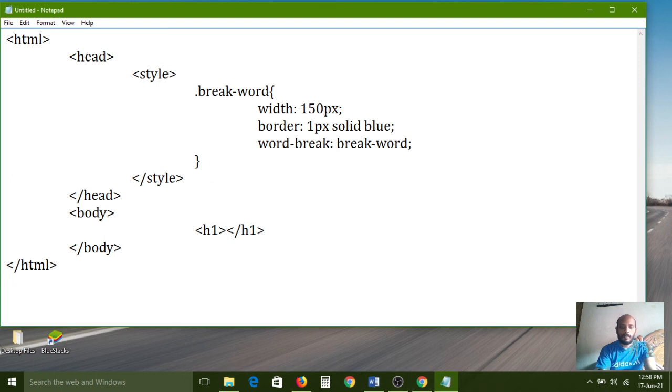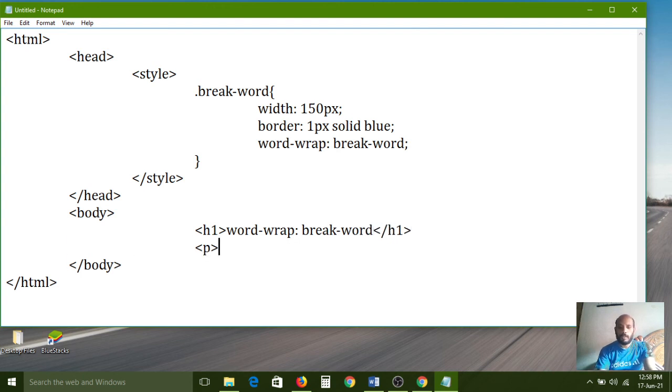Here word hyphen wrap colon break hyphen word, and now paragraph open and close.